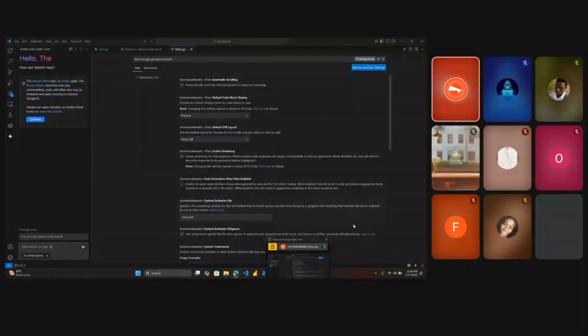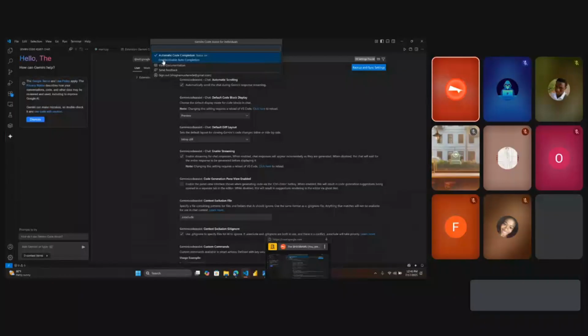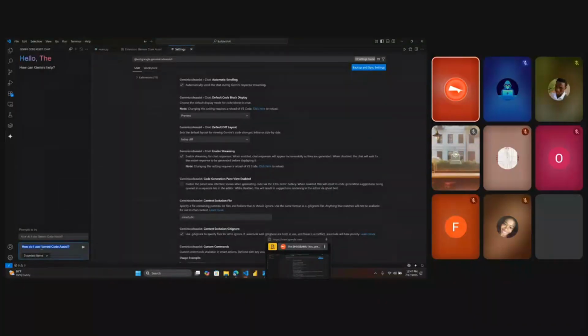It has been activated. You can see that it's activated. The automatic code completion status is on, with the option to enable or disable. We don't want to disable that. So let's just say: write a sneaker store web page